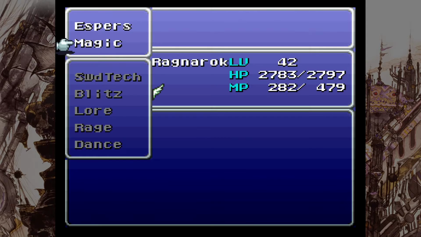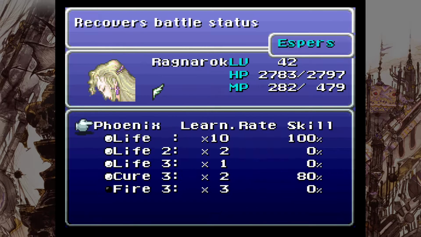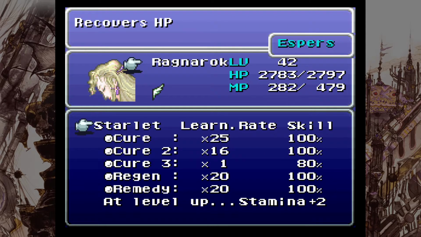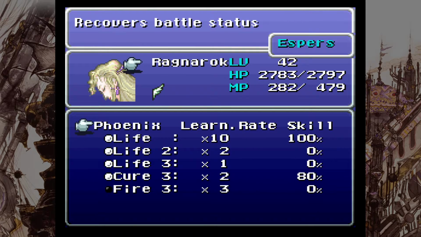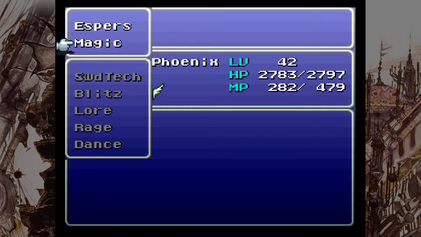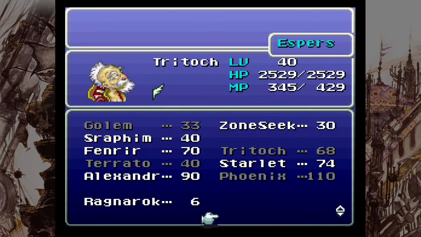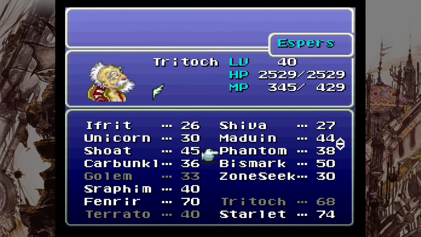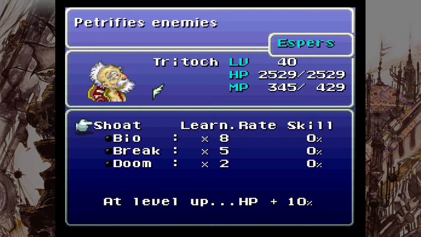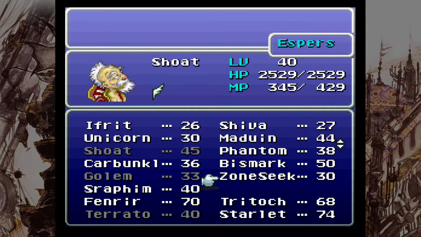Okay, so first... She's got a couple other things she could learn. That's a good one. The only thing she has left on Starlit is Cure 3, which is also on Phoenix, and faster. Strago is the one with the most other skills to learn, but he doesn't know those. Bio, he doesn't know. He doesn't know any of these. Right. Which, like...